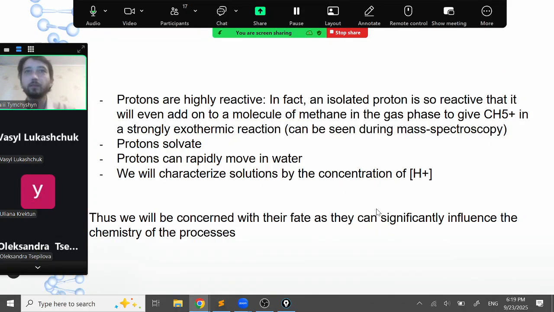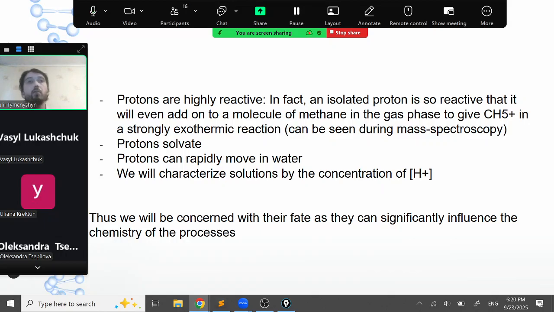Okay. What else? So what do we know? So protons are highly reactive. In fact, an isolated proton is so reactive that it will even add to a molecule of methane. And you can pretty much see that during mass spectroscopy. So if you return to lecture number 2 and consider mass spectroscopy in more detail, you can probably find something like that. Protons solvate, we saw that, they rapidly move in water,